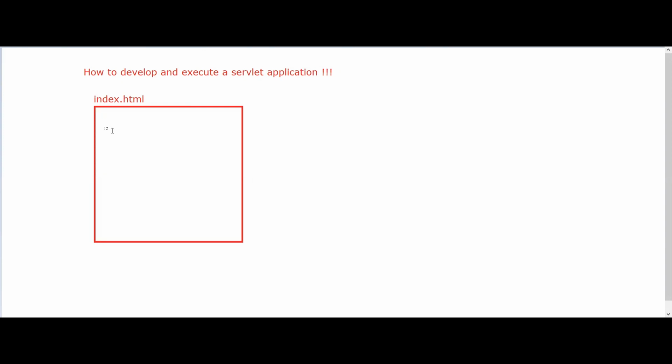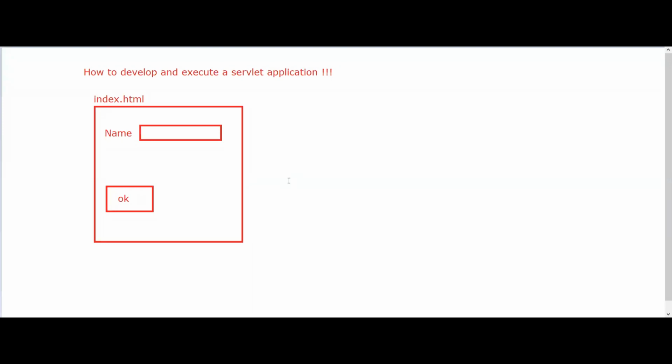Suppose one attribute, the name attribute, there is a text box, and there is a command button. Let the value of the command button be OK. This is my form first.